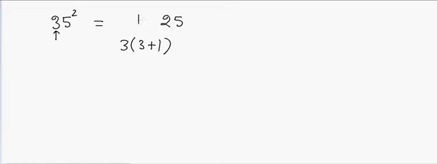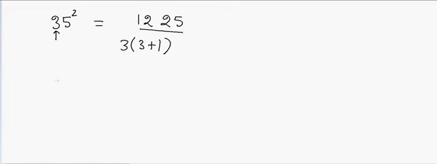Let's talk about numbers which end with 5. Suppose we have to take a square, how can we do that in our mind without using a calculator? Suppose I have 35 and I want to square it. What I have to do is write 25 at the end, and then take 3, the first digit, and multiply it with its increment. So 3 plus 1 is 4, and 4 into 3 is 12. So the answer is